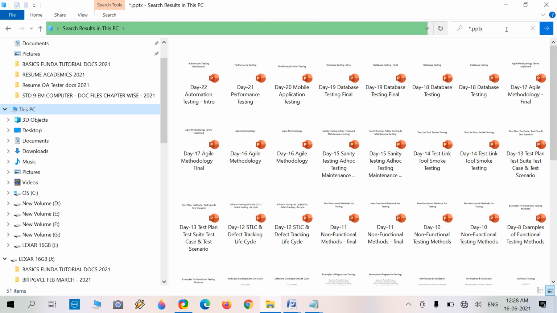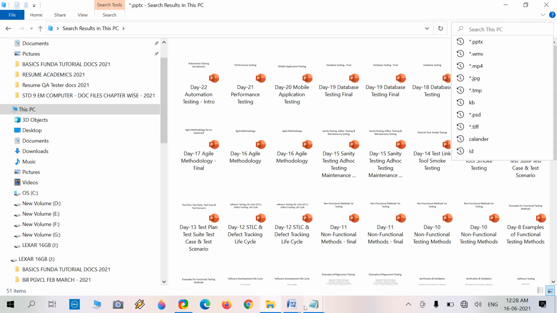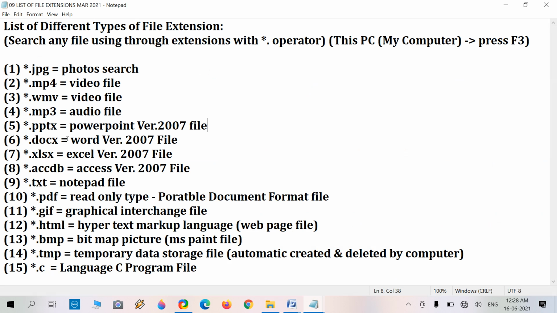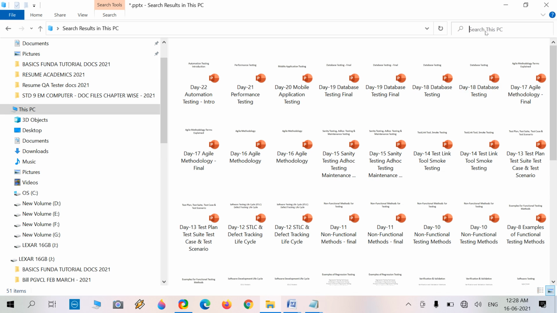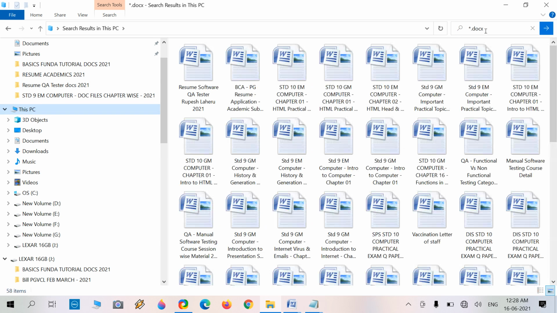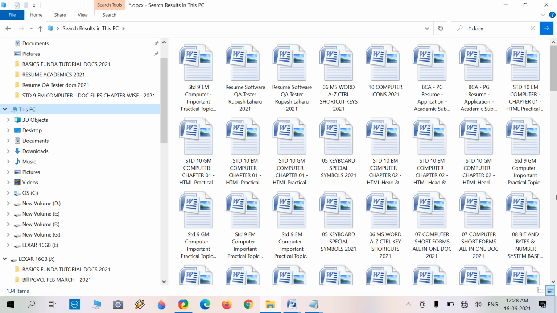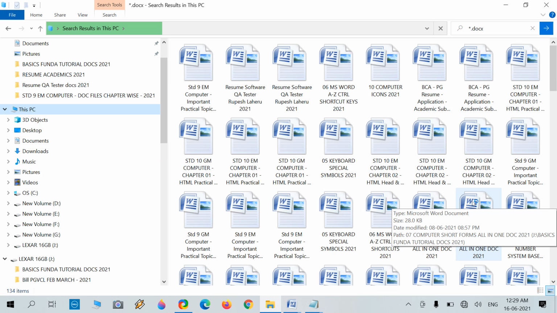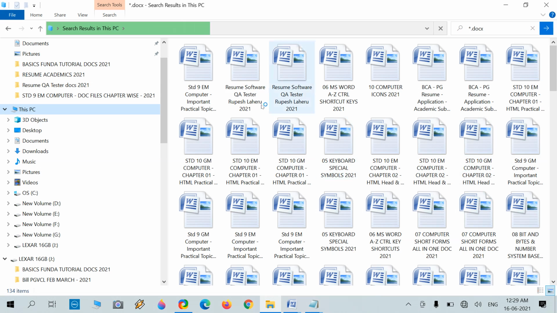Okay, now move on to the next. What is our next task? Like docs file, asterisk dot doc. We can use it to search for docs files, asterisk dot docx, and press enter, and it will display docs files, meaning Microsoft Office Word document files. It is so easy to find any kind of document file which we have in this PC. Then we can easily find it using the specific name the file has.